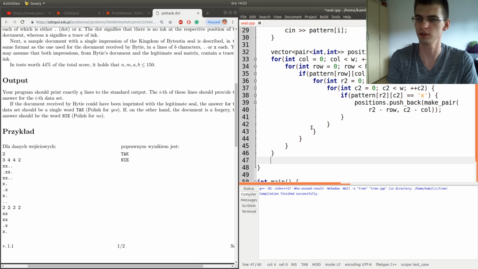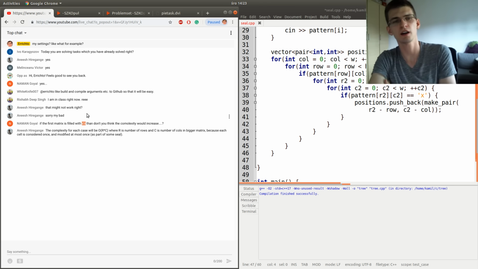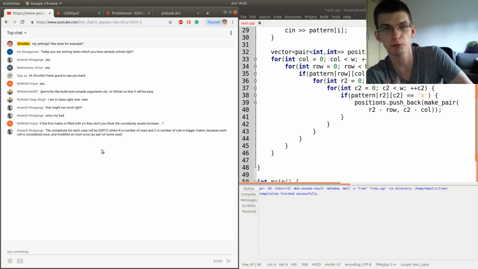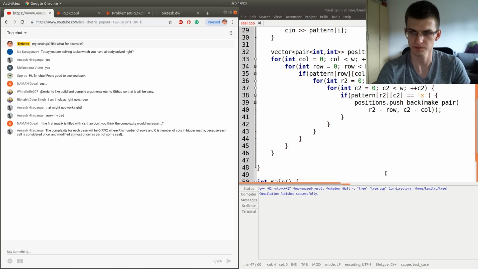Okay, we did that, and now we must go through the big matrix. Are there any questions now? If the first matrix is filled with x's, then don't you think the complexity would increase? No, I explained why the amortized complexity is 1000 square, because